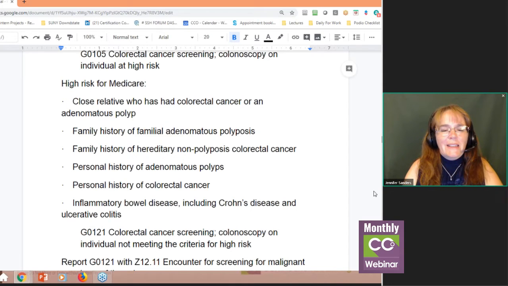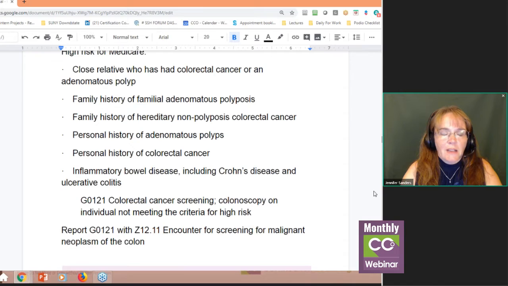I know I probably didn't say that right, but a family history of hereditary non-polyposis cancer, a personal history of polyps, a personal history of cancer, that of course bumps you up to now you're higher risk. Even if you have inflammatory bowel disease, IBD, Crohn's disease, ulcerative colitis. So some of these things say, wait a minute, you're in a different category now, you get to have this